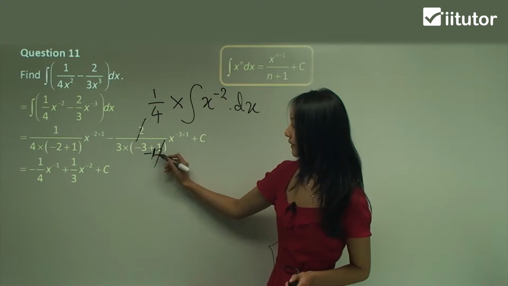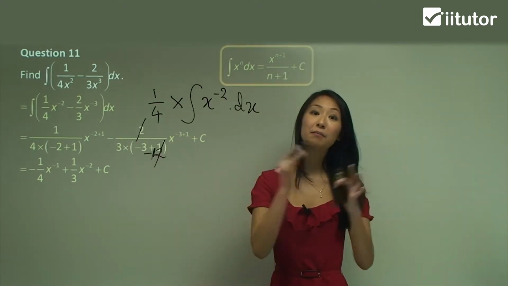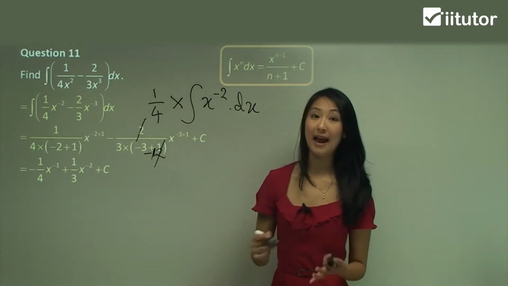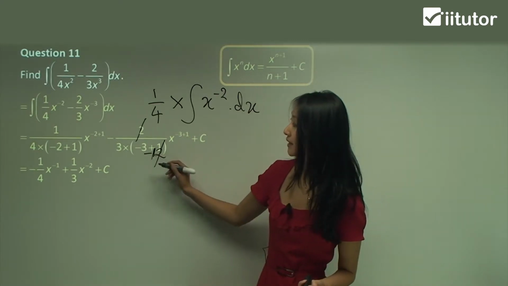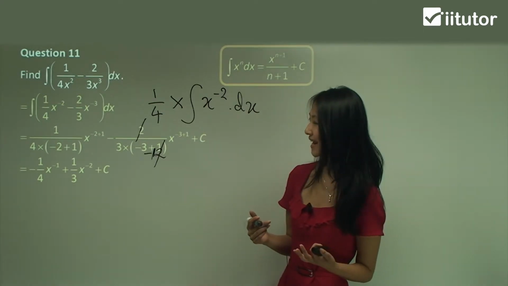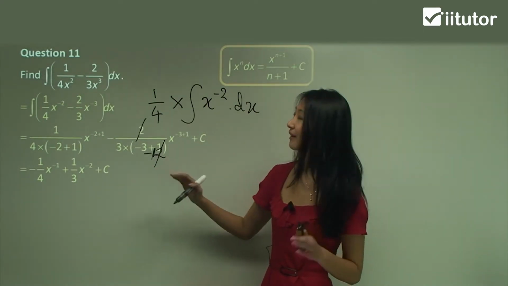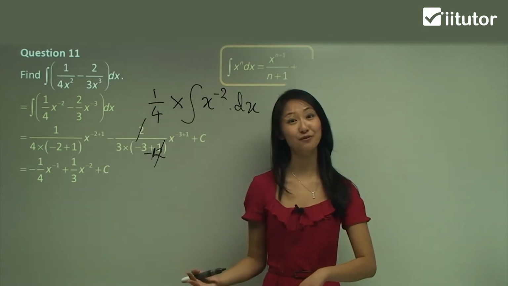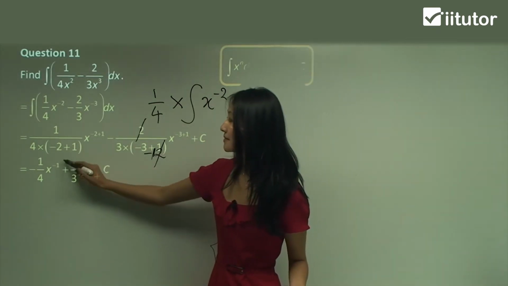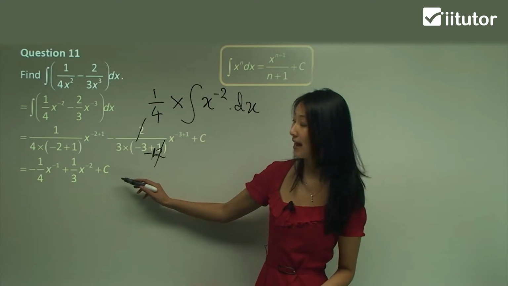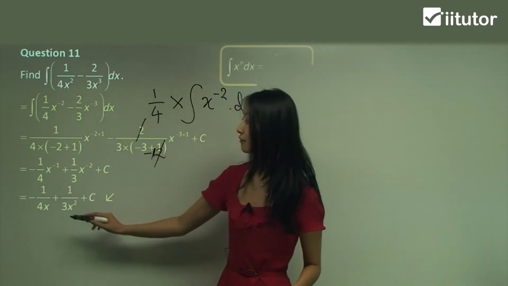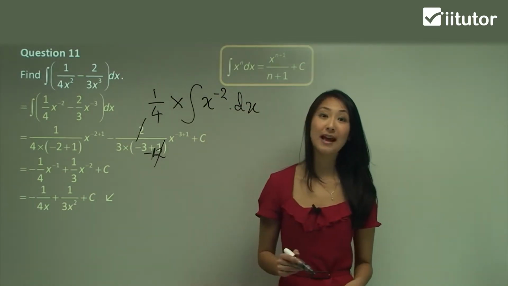If we have a negative 1 here and we have a minus sign here, they'll combine together to give us a positive, which is why we have plus 1 on 3x to the power of negative 2. So be careful with your signs. They're just too easy a mistake to make, and you don't want to be making those mistakes. And now, is this our final answer? No, it can't be, because we have to change it back into the fraction format. So remember, always change it back to the original format. This becomes 1 on x, and this will become 1 on x squared. So your final answer should be negative 1 on 4x, plus 1 on 3x squared, plus